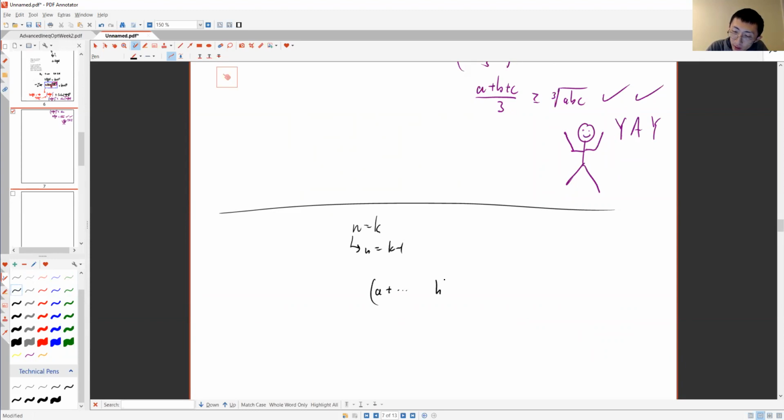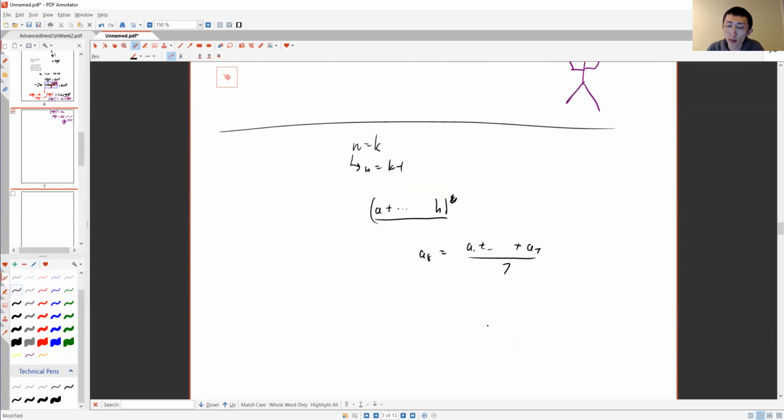That's the 8th letter of the English alphabet. So I can just let the 8th variable equal the average of the other 7. And then we do the same process, and we can use 8-variable AM-GM to imply 7-variable AM-GM, and then 7-variable AM-GM to imply 6-variable AM-GM, and so on, right? So, you know, I'm not going to write it out because it's a pain to write out,